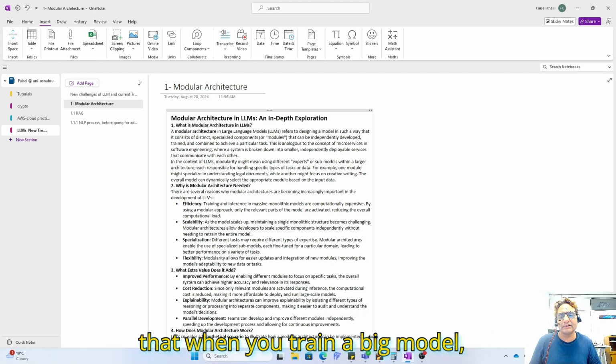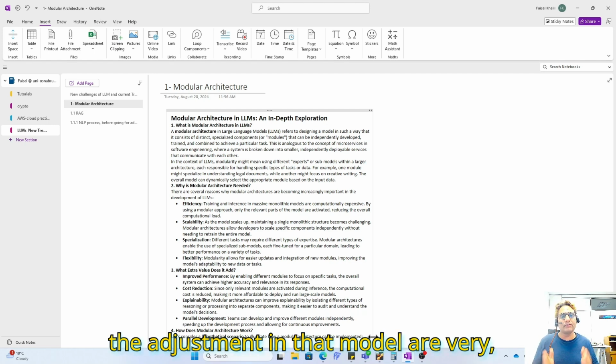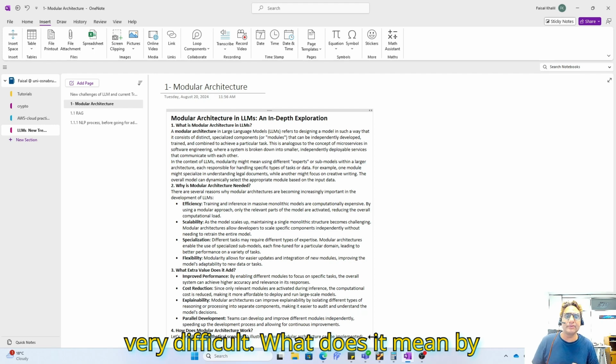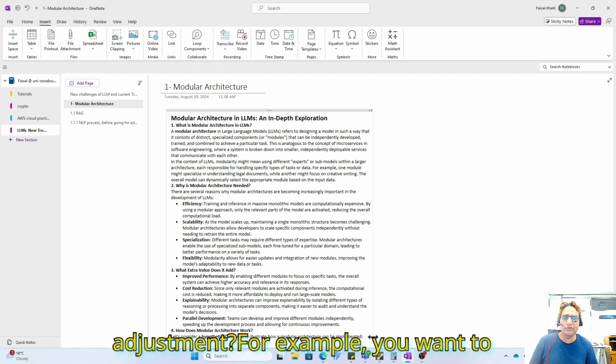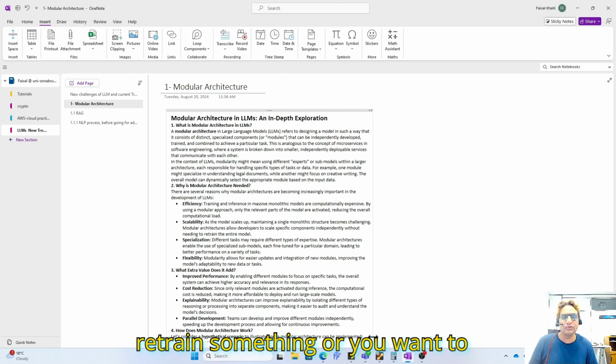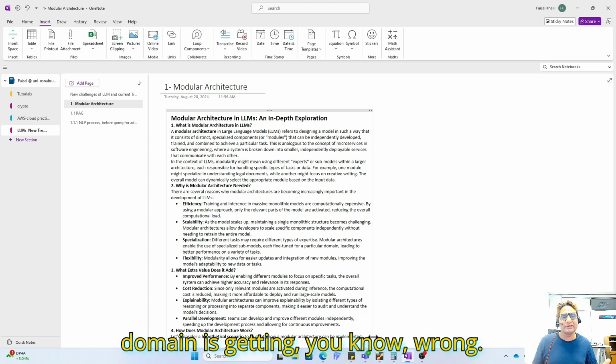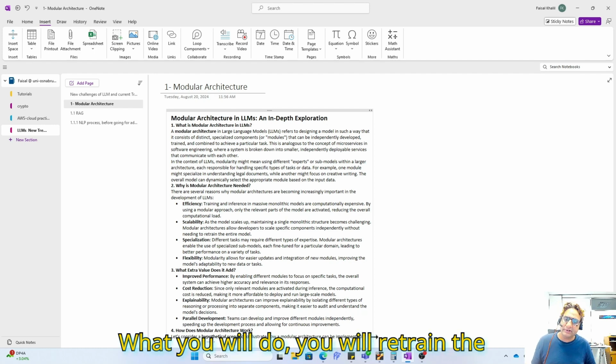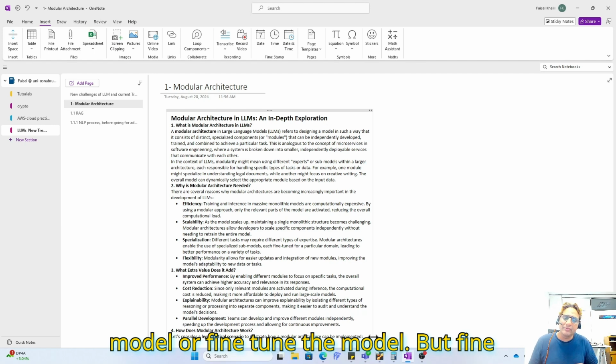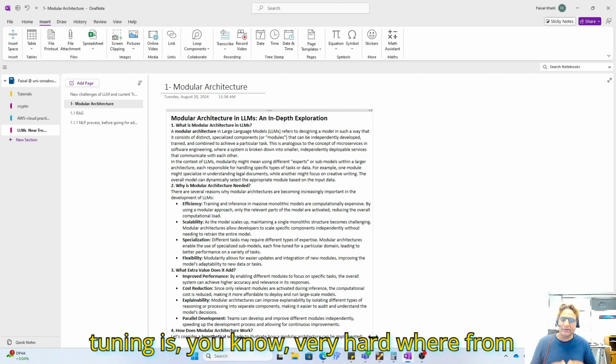Because when you train a big model, adjustments in that model are very, very difficult. What does adjustment mean? For example, you want to retrain something, improve the accuracy of something, or some domain is getting wrong. What will you do? You will retrain or fine-tune the model, but fine-tuning is very hard.